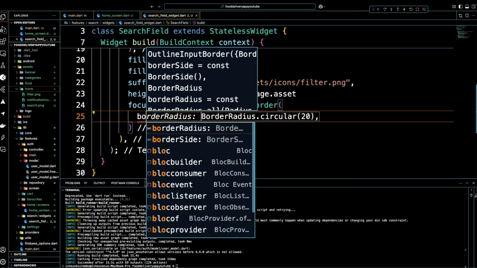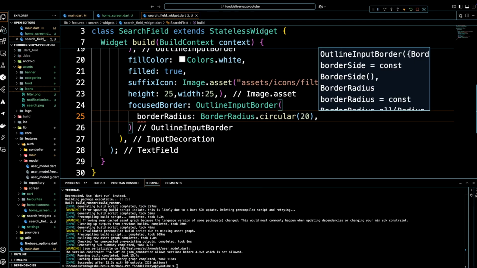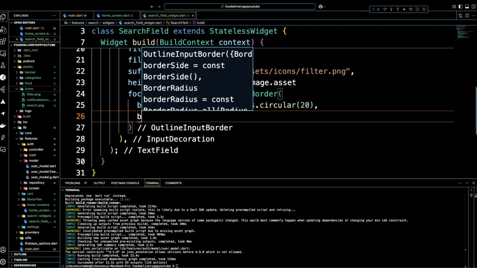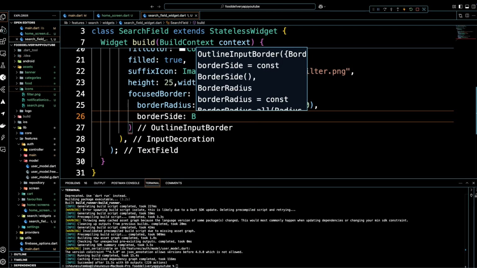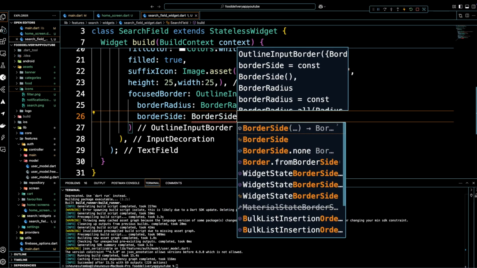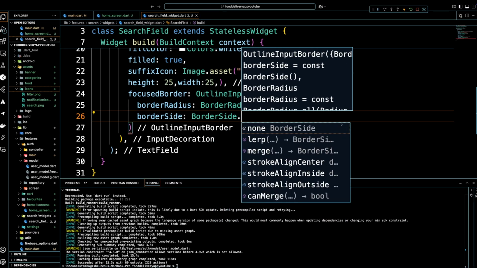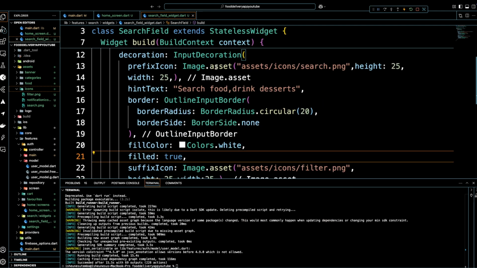Okay, and then the border radius is going to be border radius dot circular 20, and then we'll make sure that the border side is also border side dot none. Border side dot none. Okay, so now we are done with our